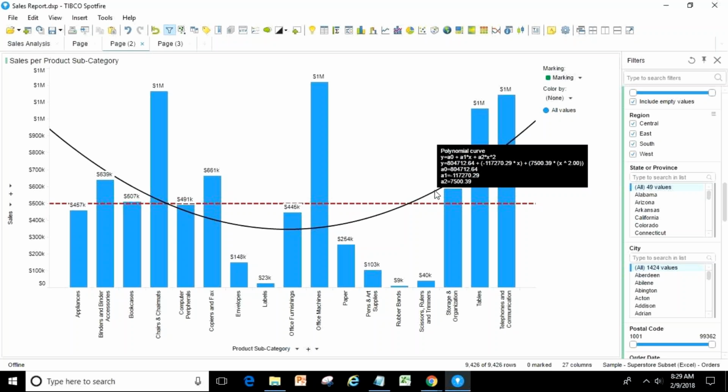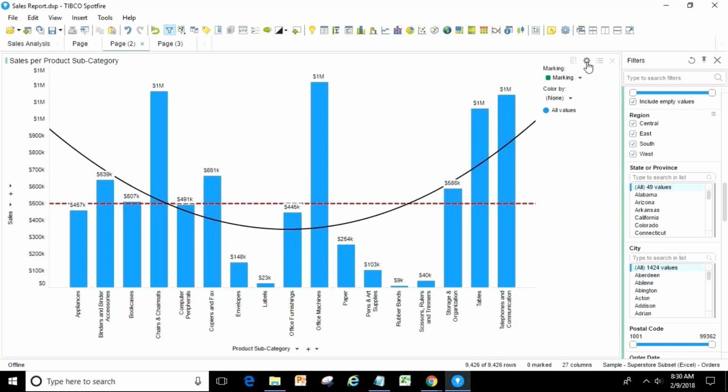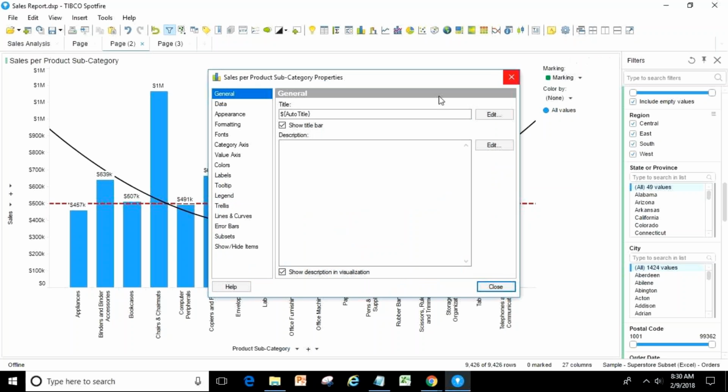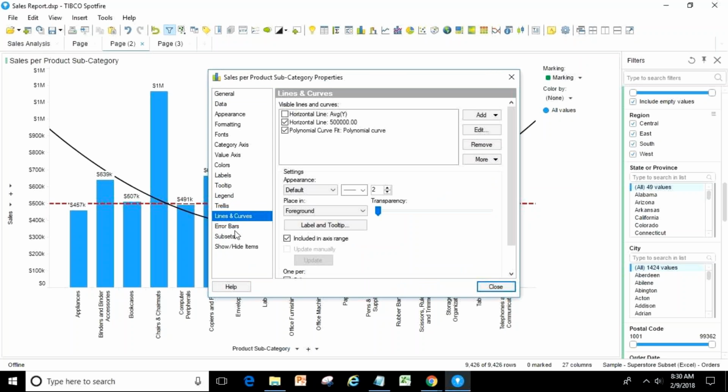If you go on Google and type polynomial, then only you will understand what is happening. See, every calculation is done by Spotify itself. You don't need to do anything. So these A1, A2, these are the values which are found, okay? And there is a meaning to that calculation, which you have to check. Okay, so this is about lines and curves.